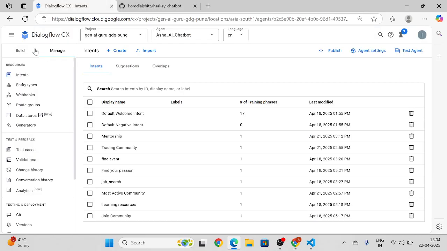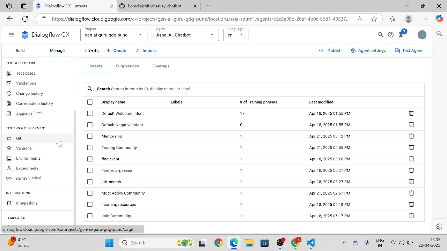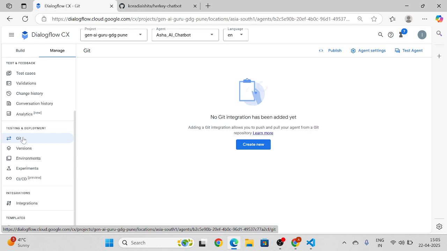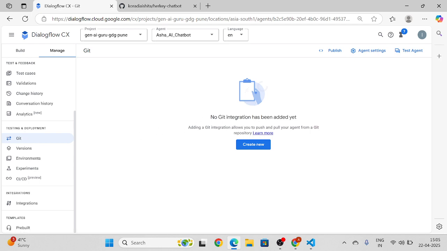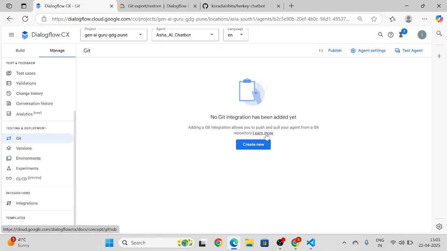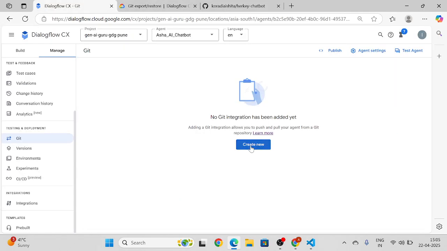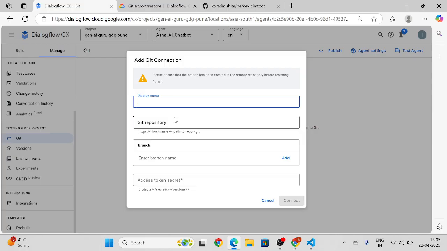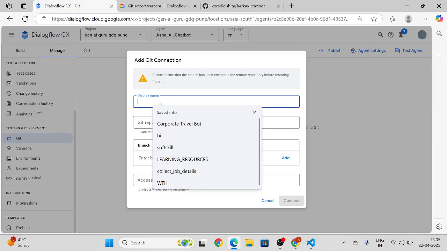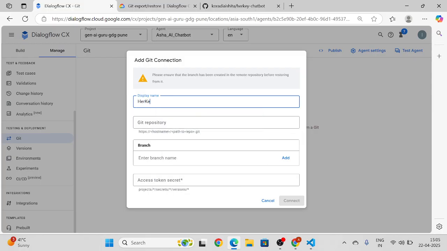So now we need to go here. You can see the Dialogflow CX console, and here you can see testing and deployment. No GitHub integration has been added yet, so we didn't do any GitHub integration. Here we can find the official documentation on how to configure Git in Dialogflow CX. First, whichever name I want to give, I give the name as Harkey chatbot,